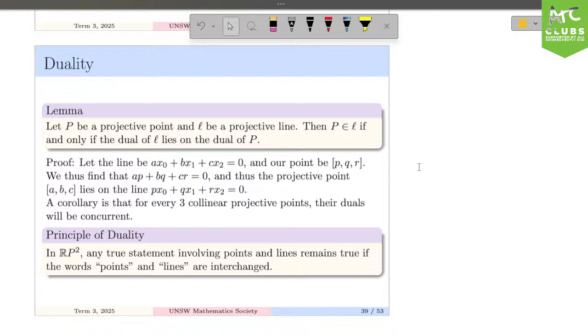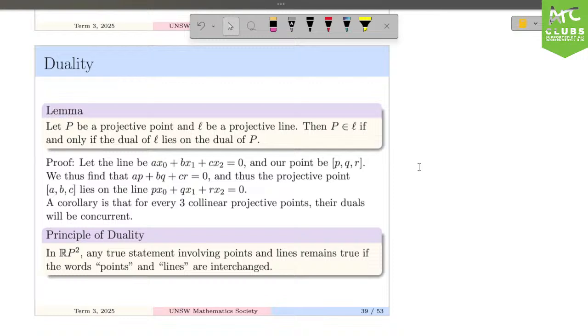So we define L as the set of points where A x0 plus B x1 plus C x2 is equal to 0. And so by definition we have that P satisfies this, and that the dual of L is going to be the point